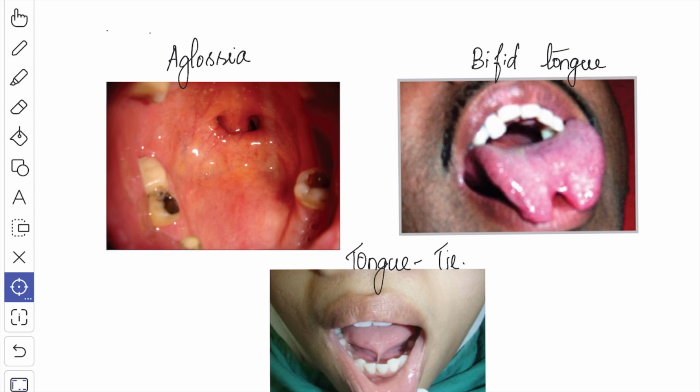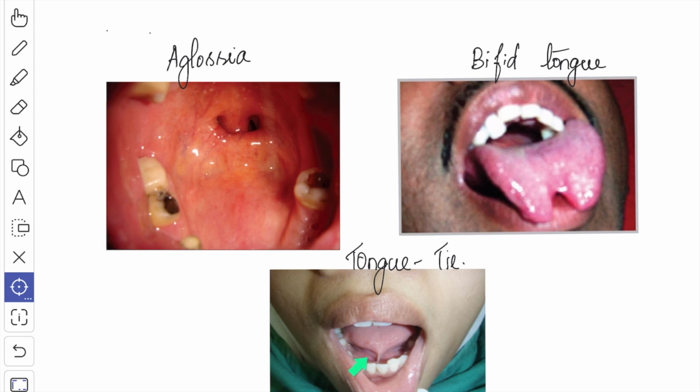When you see the congenital anomaly aglossia, it means complete absence of the tongue. Hemiglossia: one half of the anterior two-thirds of the tongue is suppressed due to the non-appearance of the lingual swelling on the affected side. Lingual thyroid: the median thyroid rudiments fail to grow caudally and persist within the substance to form the lingual thyroid. Sometimes the remnant of the thyroglossal duct persists and forms the midline cystic tumor, that is the thyroglossal cyst.